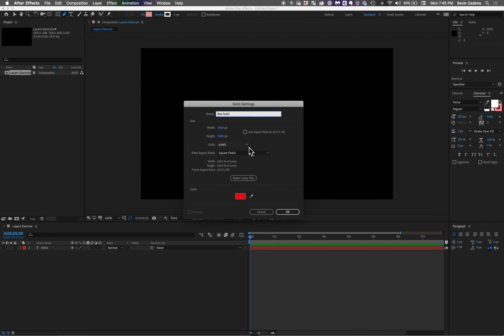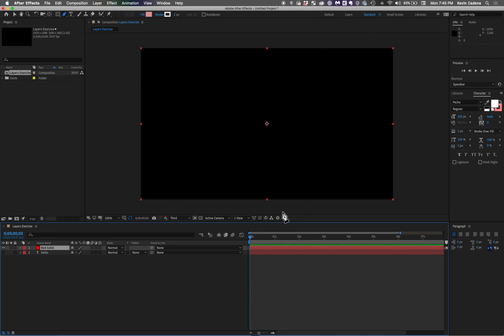You can also change the units of it. So if I wanted to make it a percentage of the composition, instead of the width and the height being 100%, I could set it to 50%, and it will immediately come up with the specific pixel measurements for that. And then if I want it to remain the comp size, I can click on Make Comp Size, and it will return back to the default settings. So once I hit OK, what you'll see is not only do I have a solid in my Layers panel,